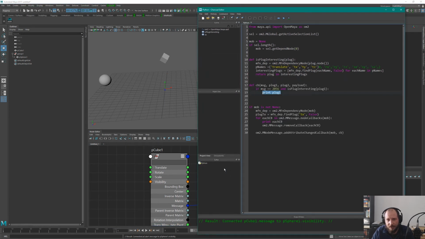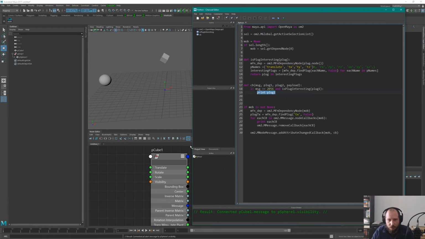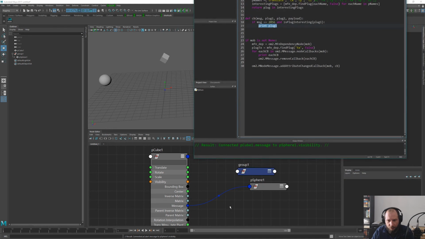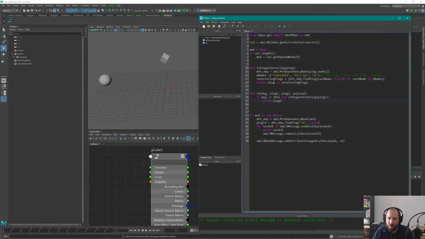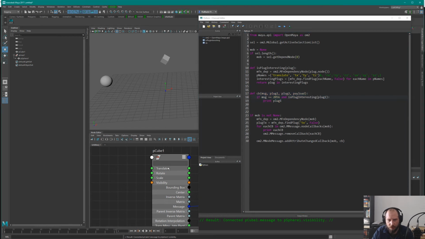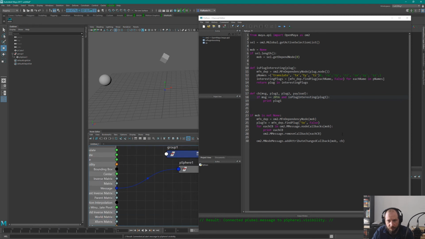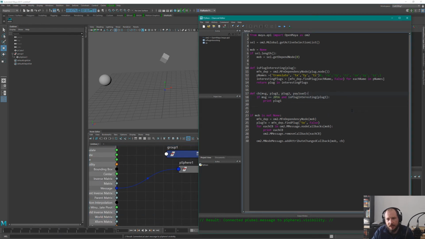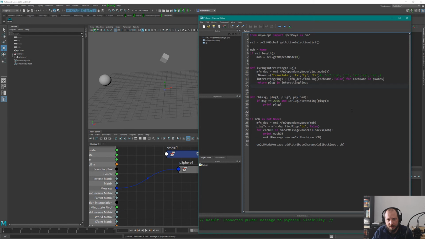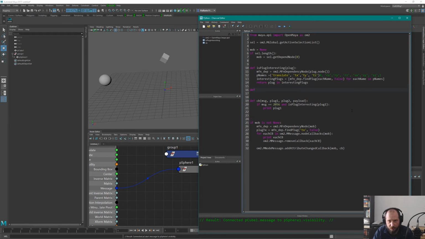So what we want to do with this is basically, if we had a connection between two nodes, like an actual connection like the translates, and we were implementing something to deal with that, this callback will probably be getting both plugs, this one, sorry, but in this case it's not. So we want to establish some sort of connection between the two that we can rely on. Now that means that if we want to find all nodes downstream of it, and so